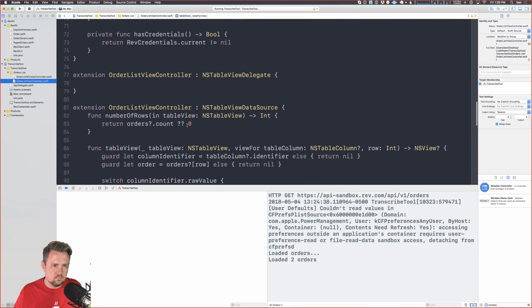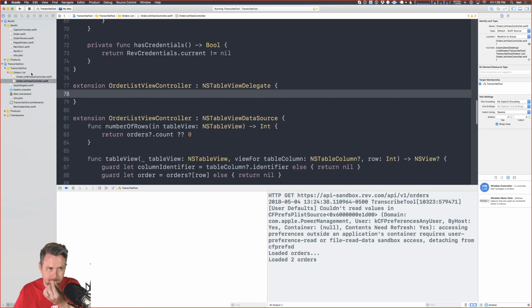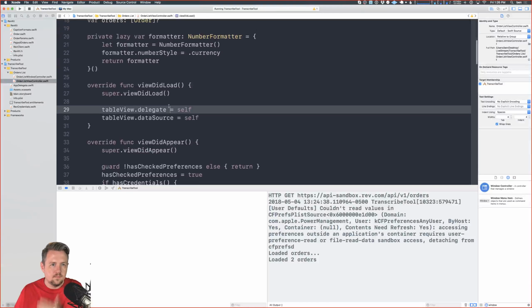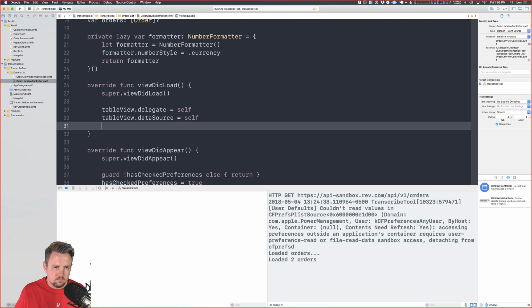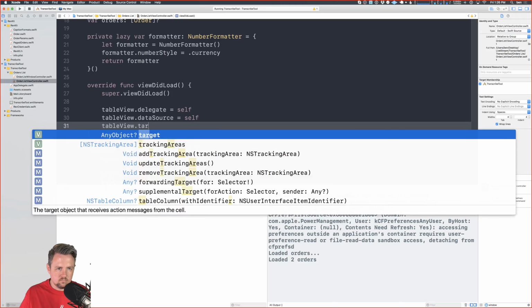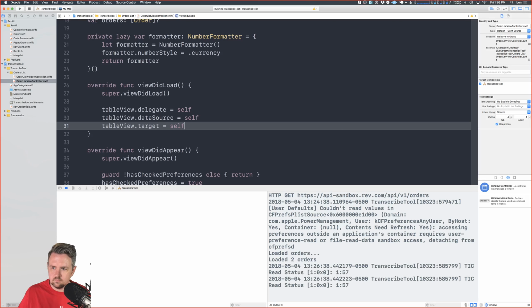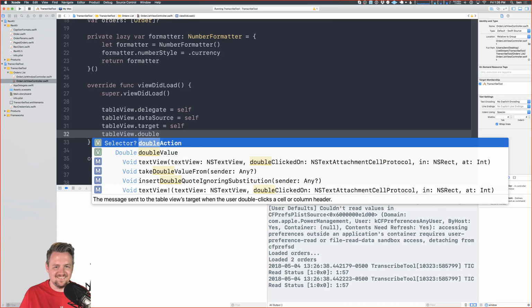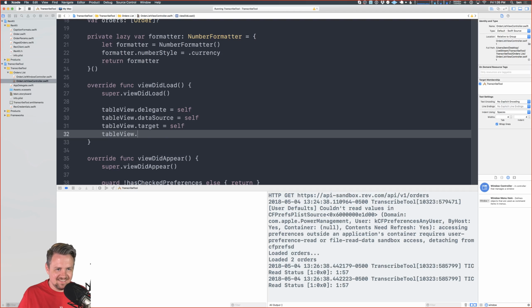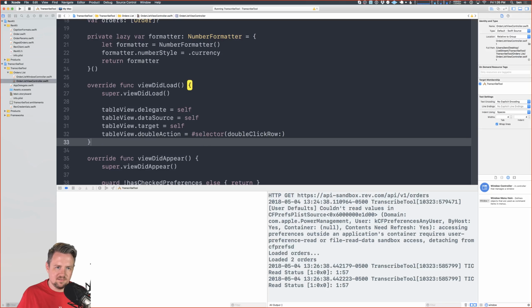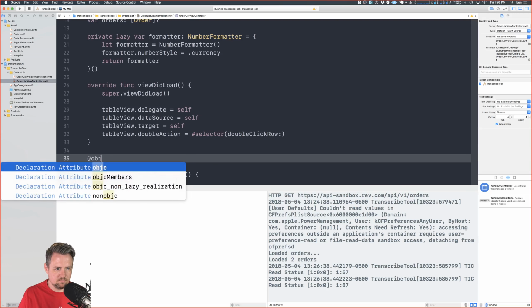So it's not a delegate method. If you go back to the view did load method, we're going to set the table view's target property to be ourselves. And then you're going to set the double action property on table view. Okay. This is kind of funny because it's so specific. You have action and then you have double action, which is when you double click. So something like